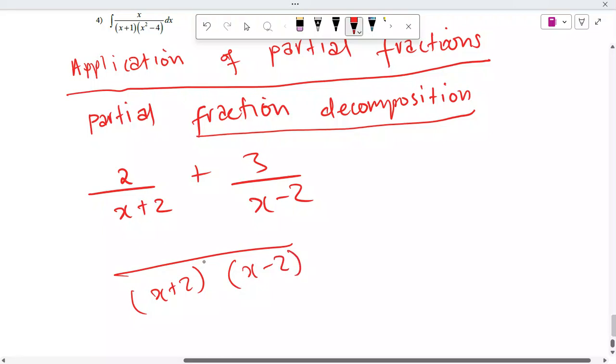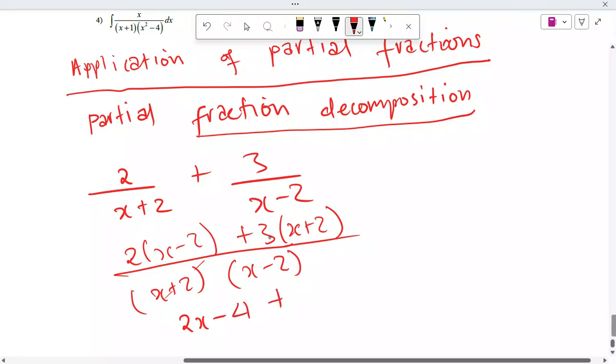Then you say this into this and this will cancel. You have 2 times x minus 2 plus 3, then this into this, so it will be x plus 2. Okay, meaning you have 2x minus 2 multiplied by negative 2 to be 4, plus 3x and then plus 6